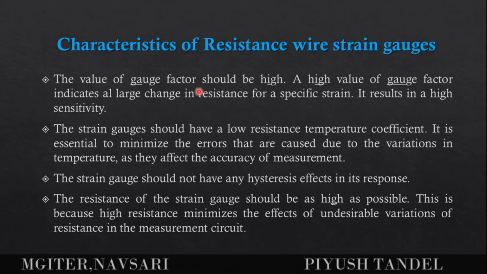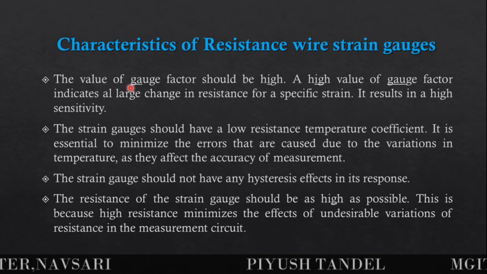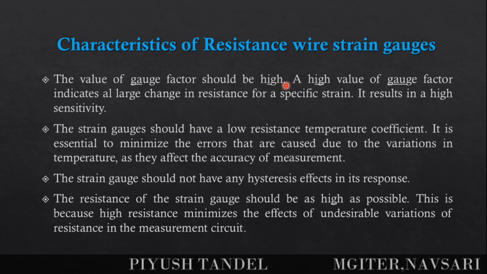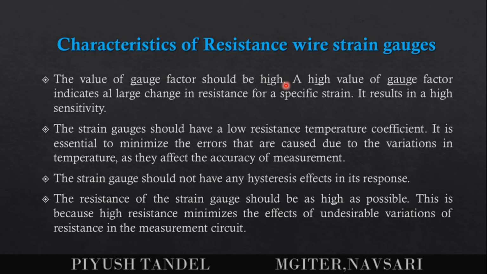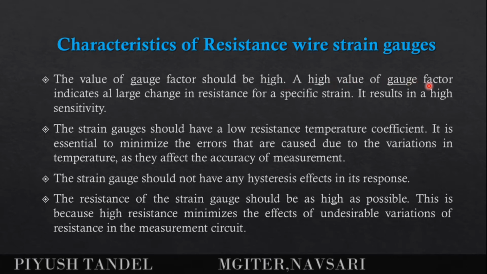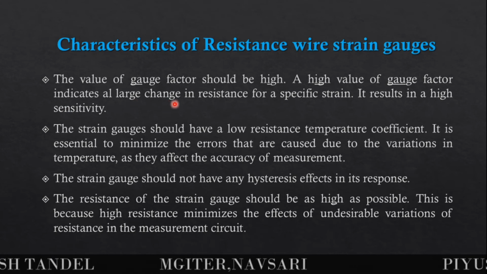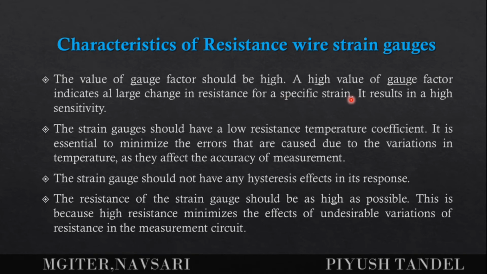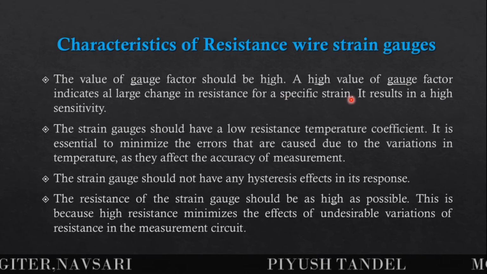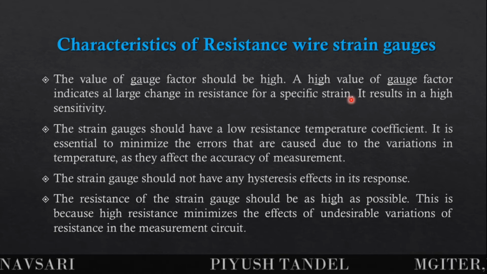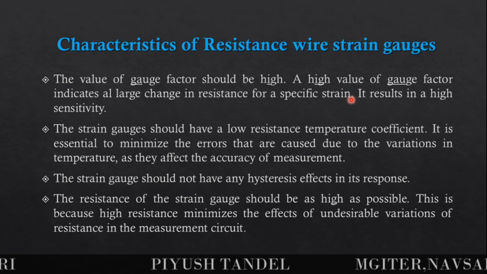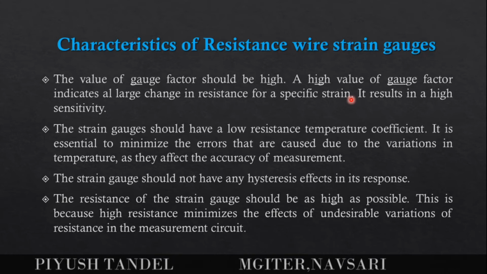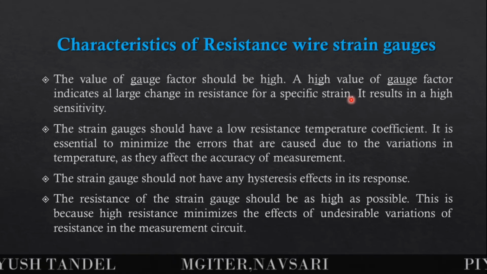The value of gauge factor should be high. Okay, this is the value of gauge factor, and the theory of gauge factor we already studied, right? That is GF is equal to 1 plus 2v, where v is the Poisson's ratio. A high value of gauge factor indicates a large change in resistance for a specific strain. So whenever we apply a force, we are going to get a large gauge factor, right? From that, the sensitivity of the result is going to be very high, because